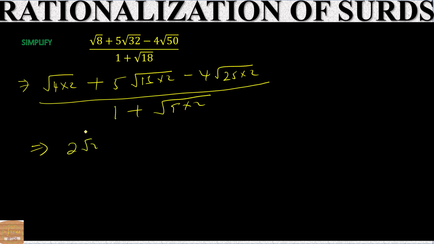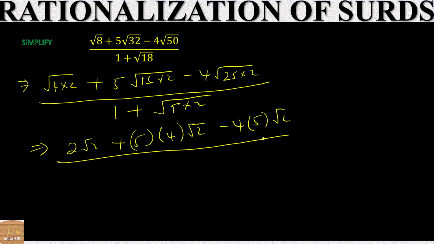So make sure you watch lessons 1 and 2 before this. Alright, I've taken my time to explain all these things. So we have 5 times that, so 5 times root 4 with 2. Then minus 4 times, 25 will be 5 root 2. Over 1 plus, this side will be 3 root 2. Okay,